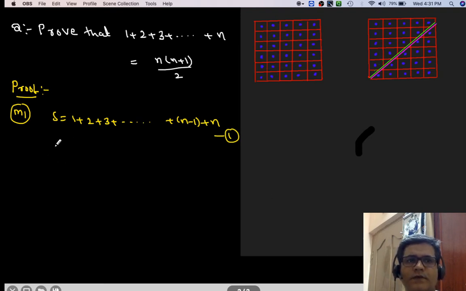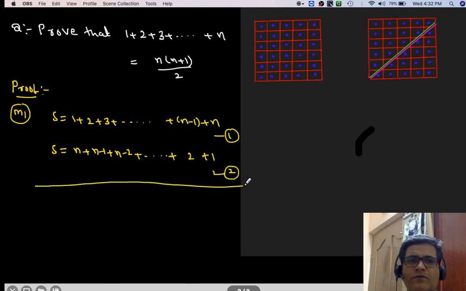Now again you write this same series in reverse order, that is n plus n minus 1 plus n minus 2 plus etc. up to 2 plus 1. This is equation 2. Now add these two series, then 2S is equal to n plus 1,